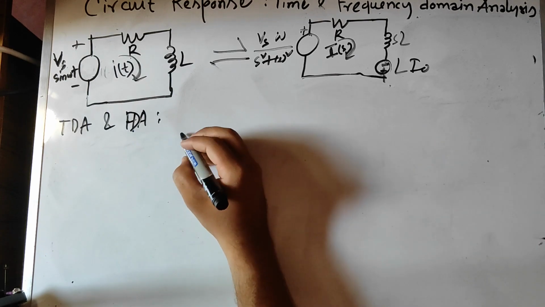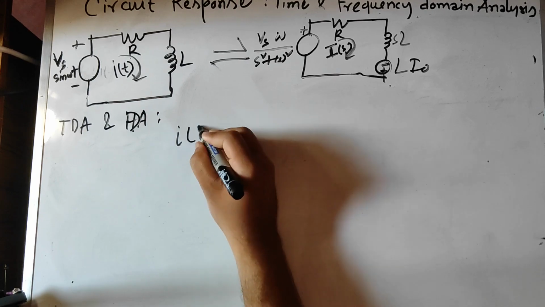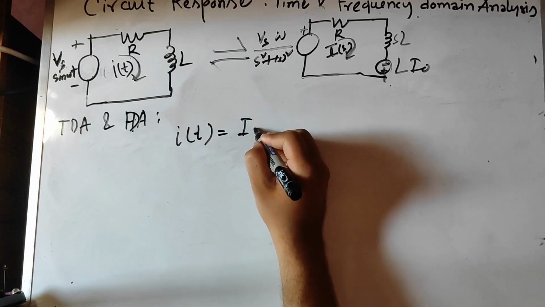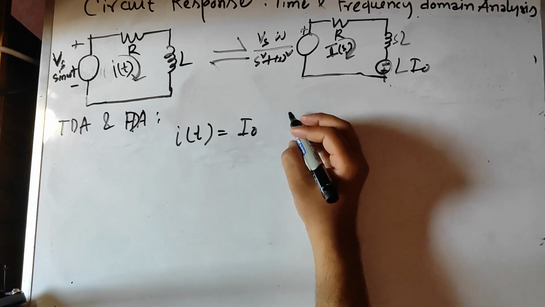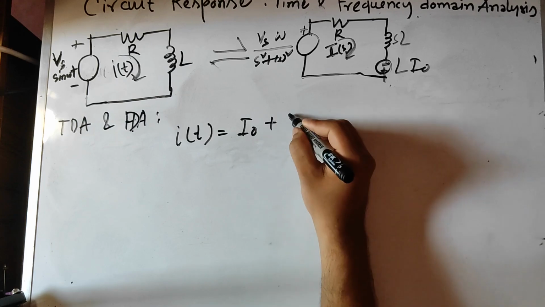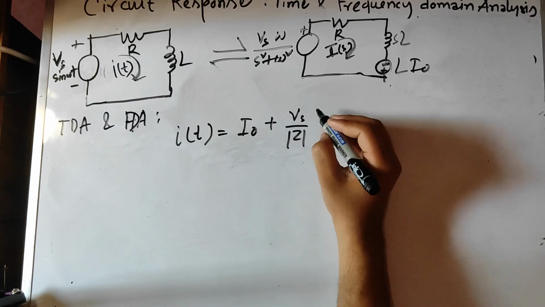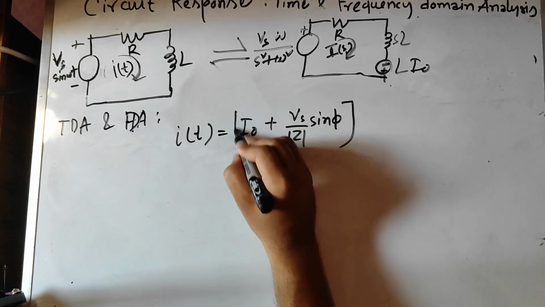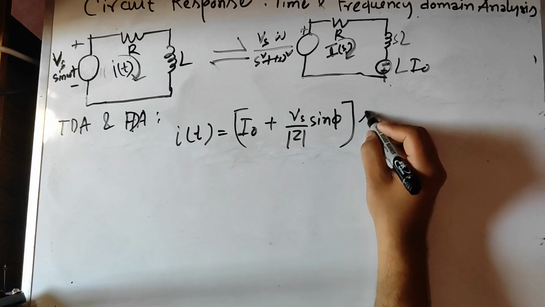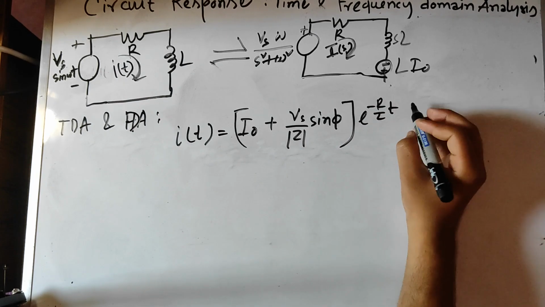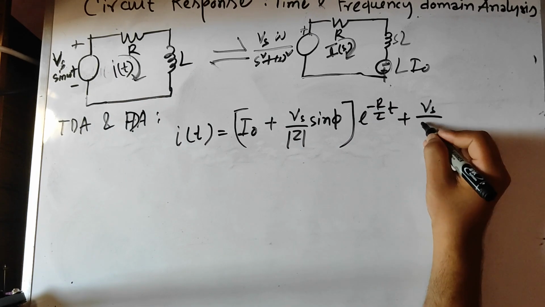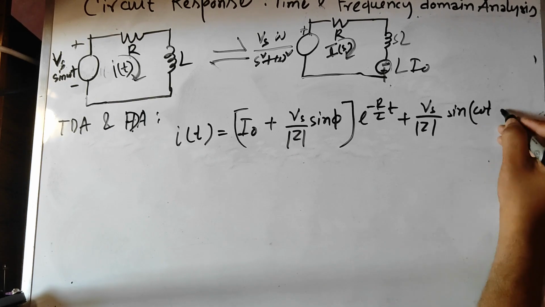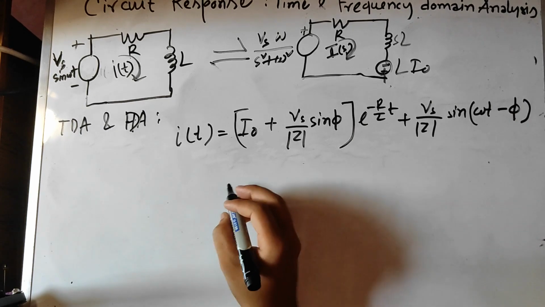The loop current equals Io, which is the initial current of the inductor, plus Vs by Z sine phi e to the power minus R by L t, plus Vs by Z sine omega t minus phi, where